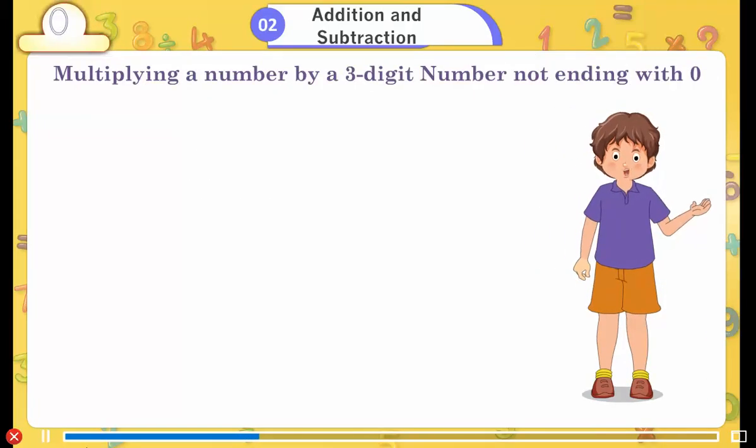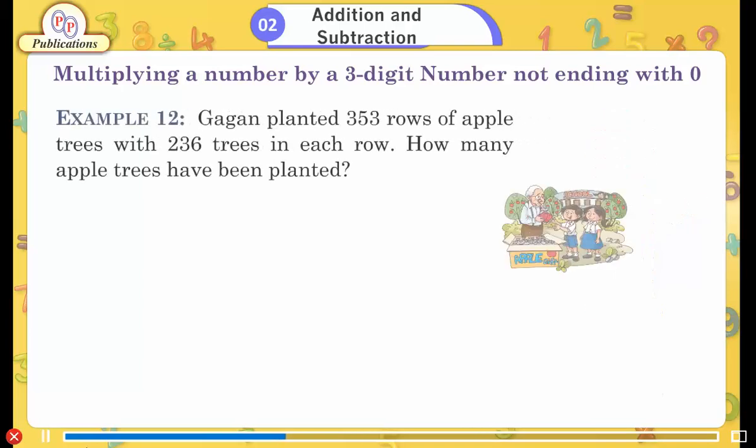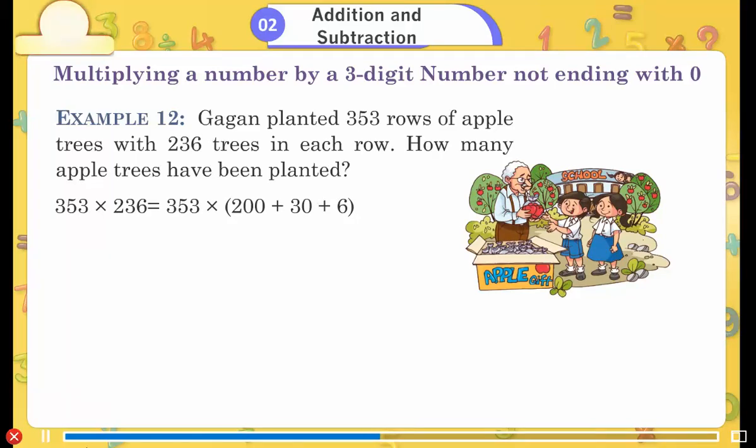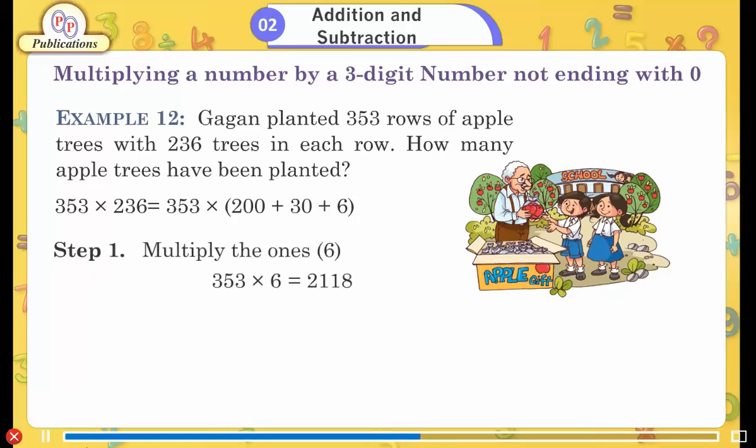Multiplying a number by a three-digit number not ending with 0. Example 12. Gagan planted 353 rows of apple trees with 236 trees in each row. How many apple trees have been planted? 353 into 236 is equal to 353 into (200 plus 30 plus 6) in bracket. Step 1. Multiply the ones. 353 into 6 is equal to